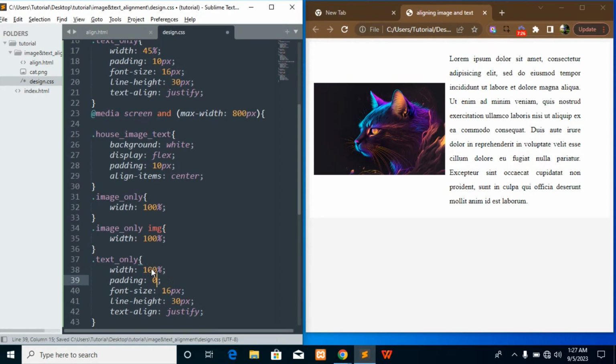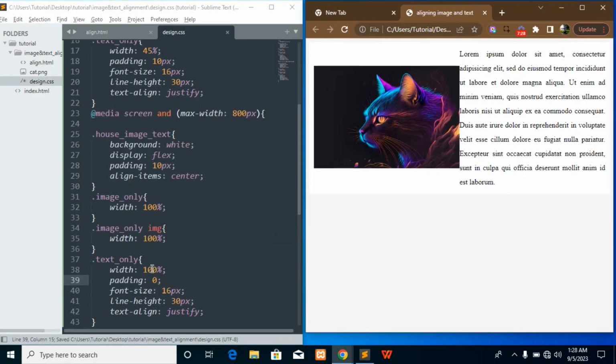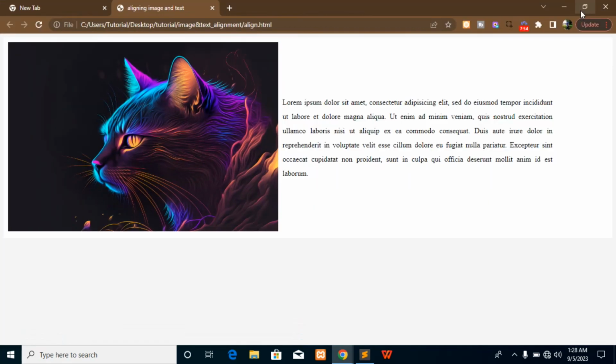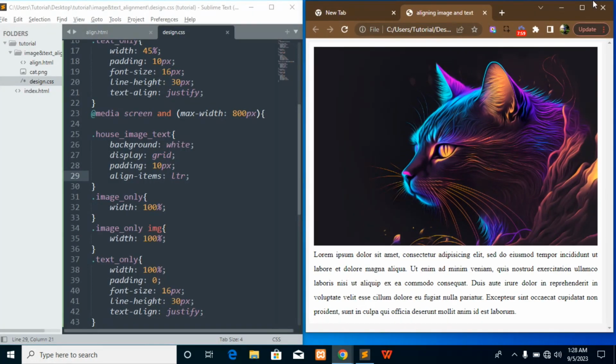There is no need of you putting your unit. Display, and I don't want it to be flex, I want it to be grid. Right. Now yes, you can clearly see that for a smaller device it is properly resizing, and for a larger screen it is maintaining the normal nature. So that's the power of media screen.